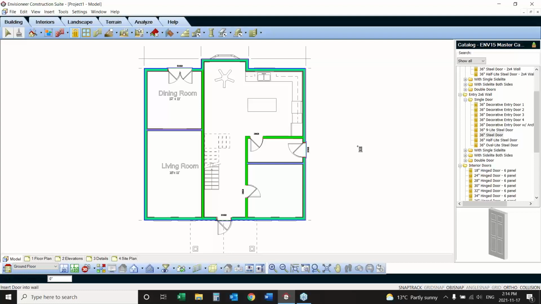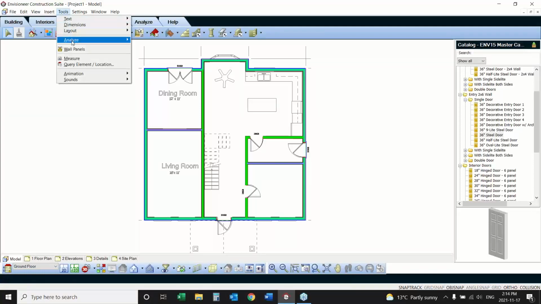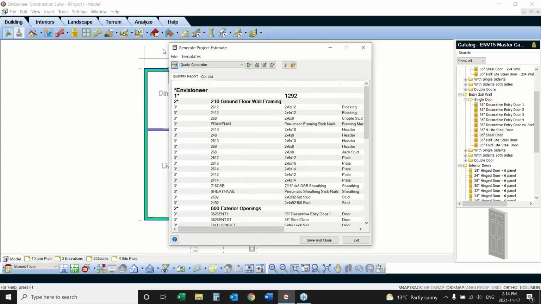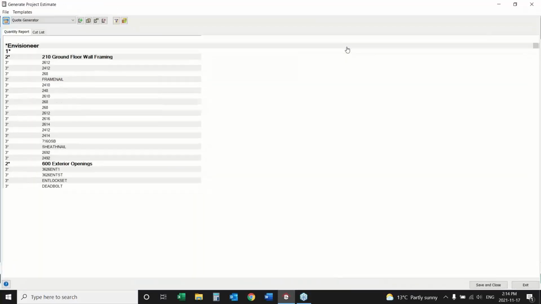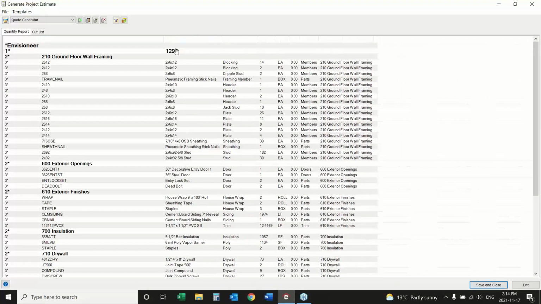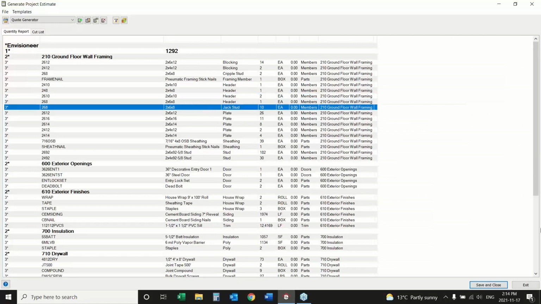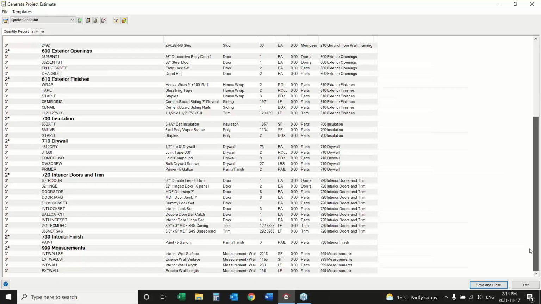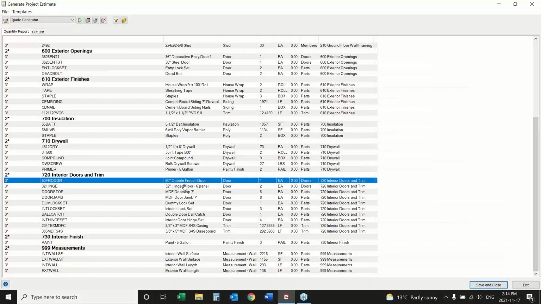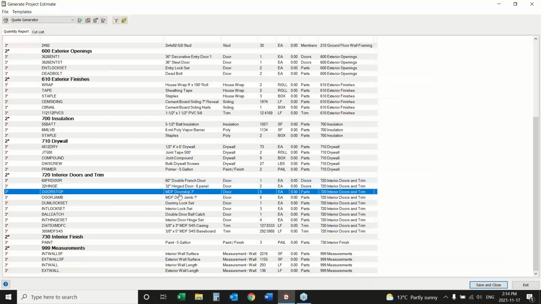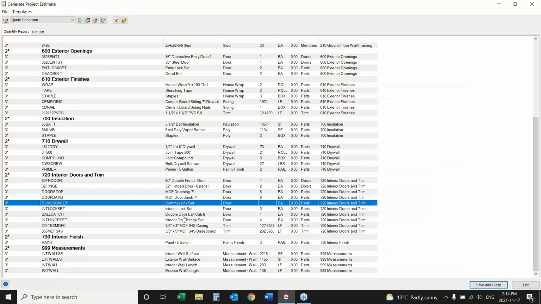Okay, those doors cut a hole in the wall and added themselves to the material list. So if I go back now, Tools, Analyze, Generate a Project Estimate, in my estimate, I will now see header material all the way through. Jack studs are added in. And if I scroll down, I'll have my doors in there, double French door, the panel door stops, dummy locks,